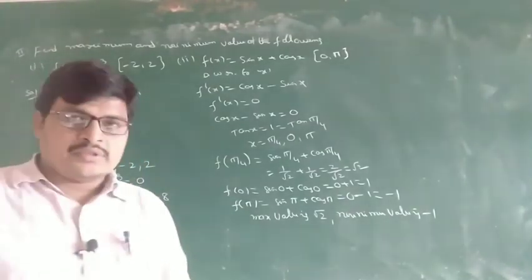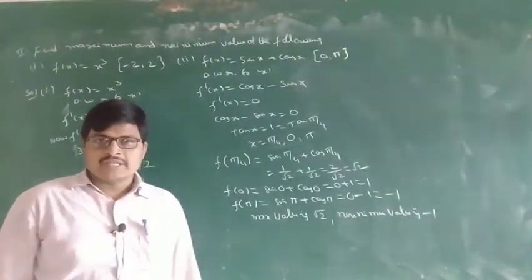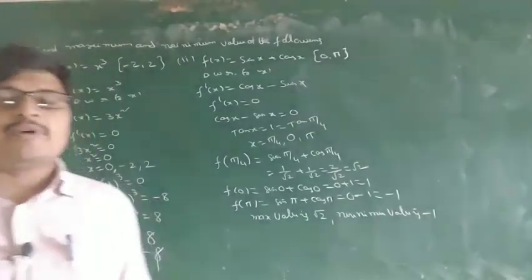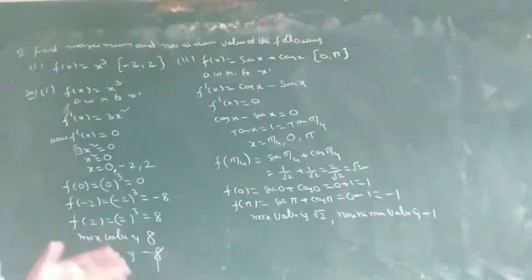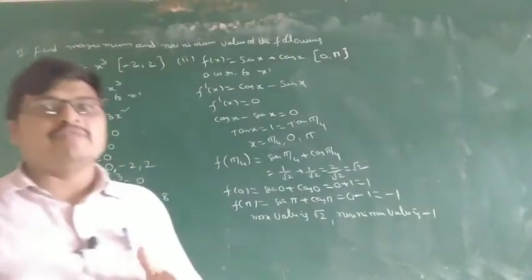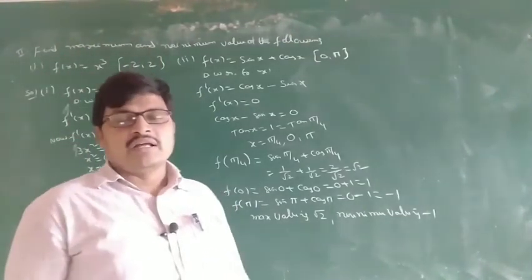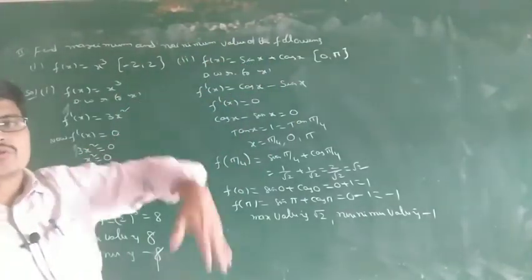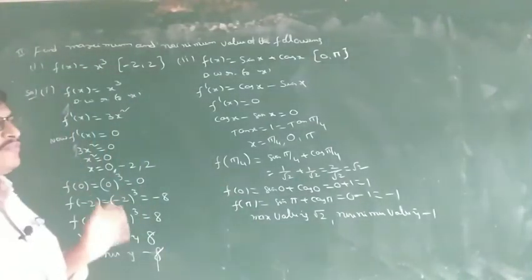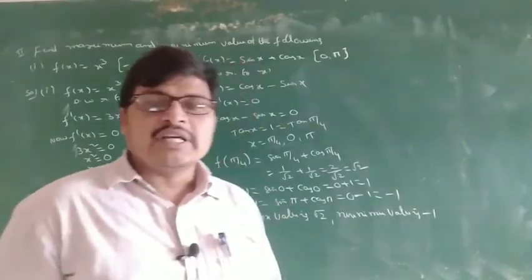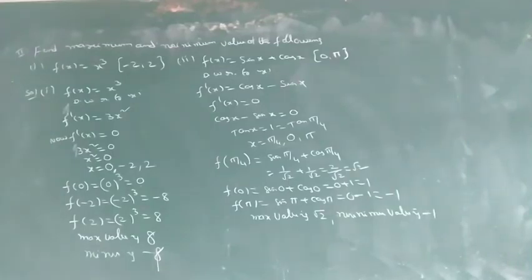So up to now, there are 4 types of problems. First one, direct functions, there are no intervals. Next, modulus functions. Third one, only between intervals, so 0 to 90, values in between. And the fourth one is the closed interval. This is also an interval, that is the open interval. This is the closed interval. What is the difference between a closed interval and an open interval? Open interval means excluding first and last. And closed interval means including first and last. That is the difference. These are the 4 types of problems.